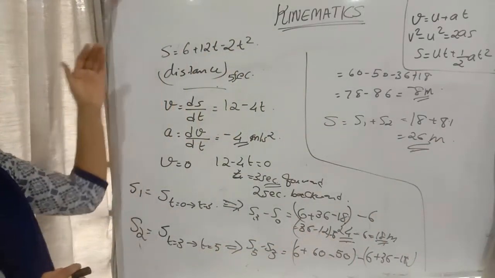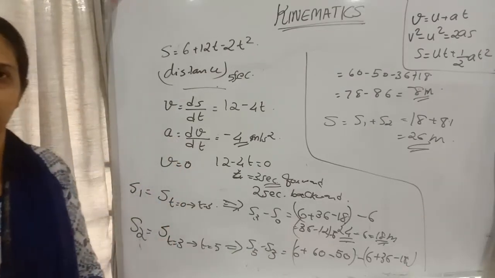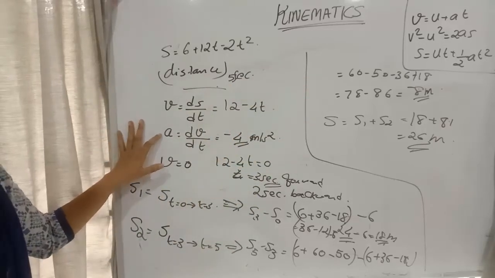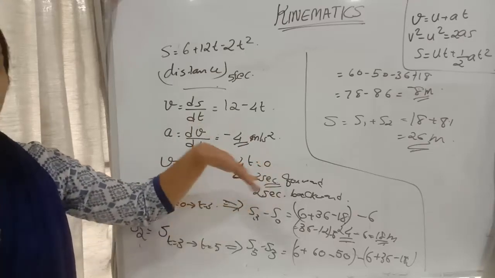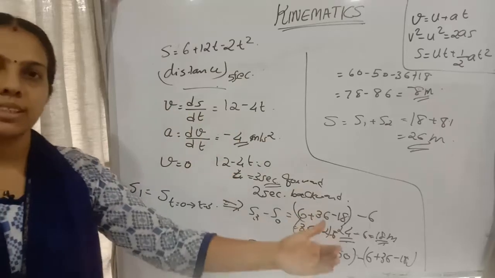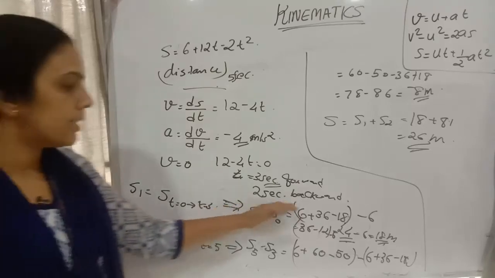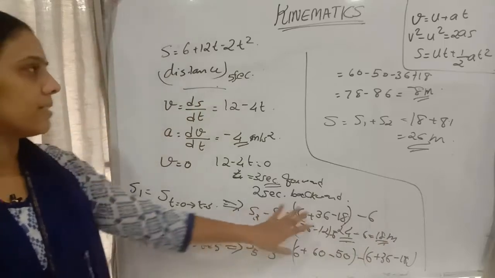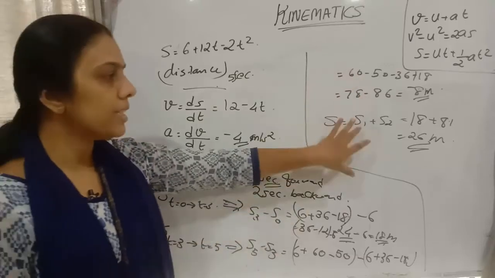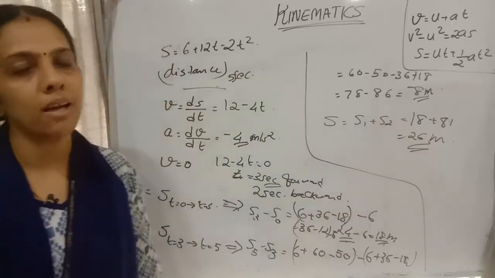Okay, clear, children? So here first we need to find out whether it is under uniform velocity or uniform acceleration. According to that only we can substitute the values. Here we found it is moving under uniform acceleration, and that too retardation. At what time it comes to rest, that time we need to find out. Then for the rest of the time interval it comes back. So the distance covered will be the distance travelled in the forward motion plus the distance travelled in the backward motion.